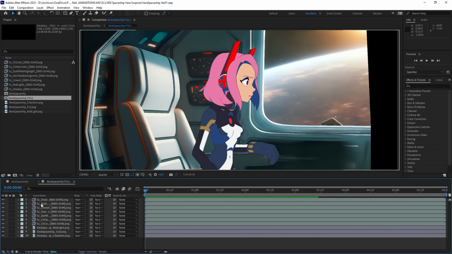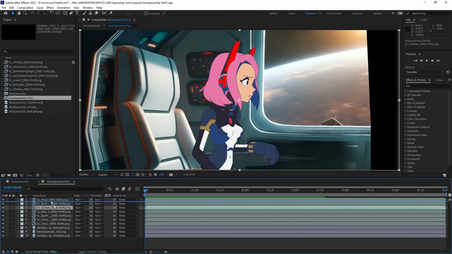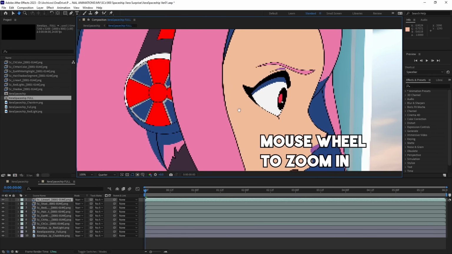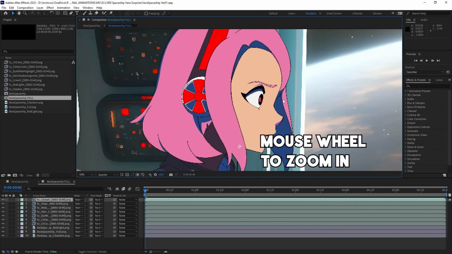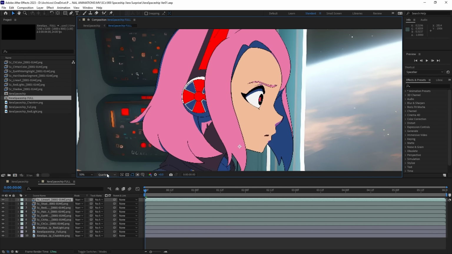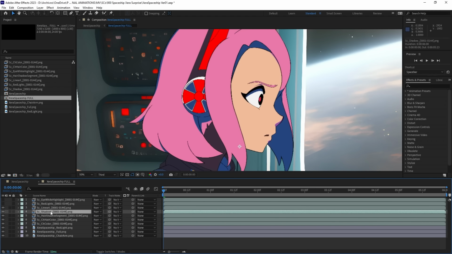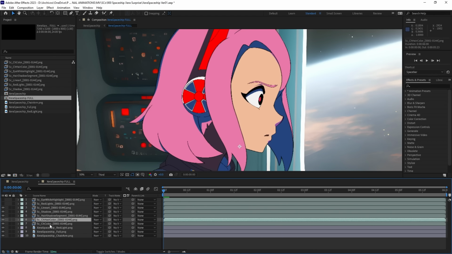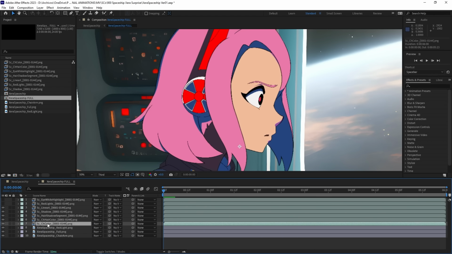So another important thing is whatever is above in the timeline is also on top. So of course, what I want to be on top of everything is the line art. Let's move closer to see what I'm doing. And if the preview looks too low quality, you can always change the resolution here to full resolution. The higher the resolution, the more time it will take to show you this preview. So let's go back to a third. So we have the line art, then we would have the shadow, and then both the hair color and the character color. But before we get started with the actual post-production,